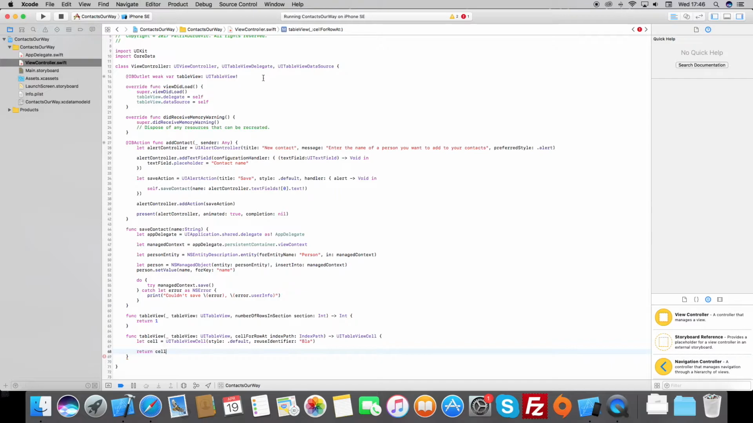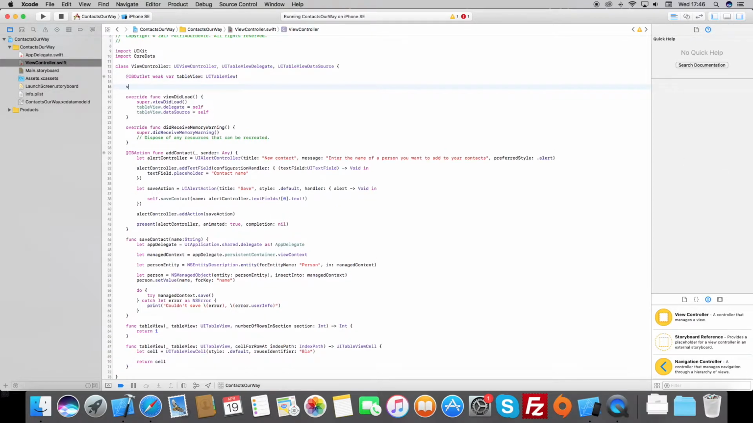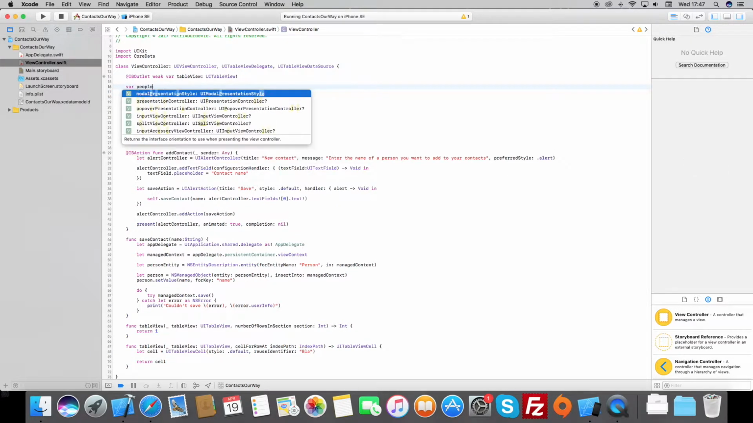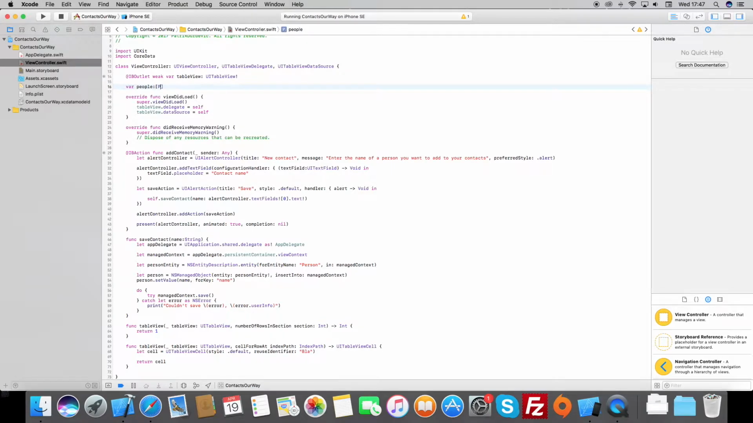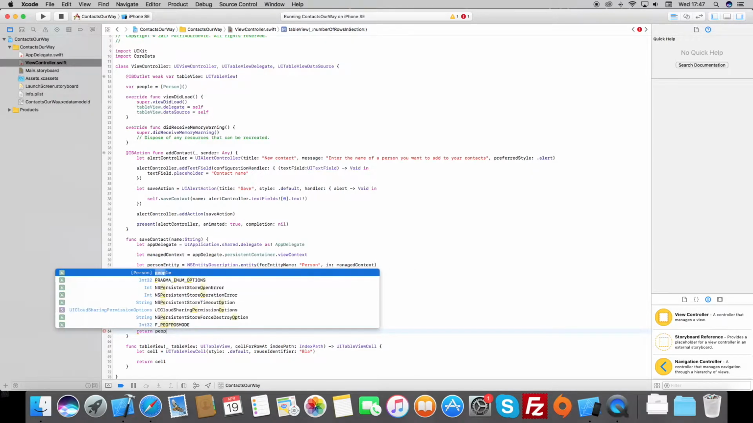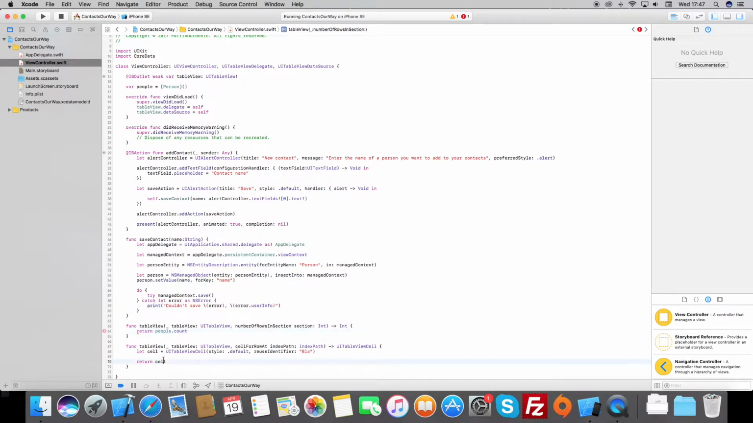Okay, so now we have to declare an array of people. So people, person. So it's a person array. Actually, let's declare it as we should. Person. Okay, so that's how I declare an array in Swift. And now what we have to return here is people.count, and here let's